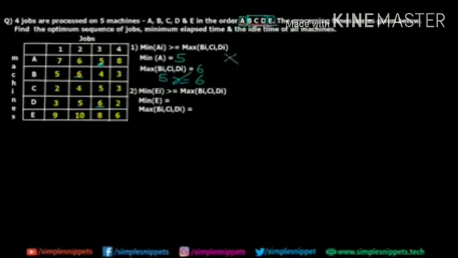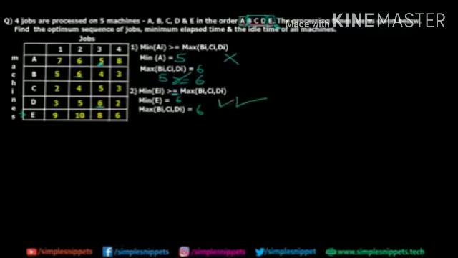Let's check the second condition. The second condition is the minimum of Ei, that is the minimum of the last machine value, has to be greater than or equal to the maximum of Bi, Ci and Di. Again, Bi, Ci, Di are the machines which are in between. So let's find the minimum of Ei. Consider the E row, and you can see the minimum value is 6. We already found the maximum value of Bi, Ci, Di, which is 6. Now you can see that this condition is true, because the minimum of Ei is not greater than, but it is at least equal to the maximum of Bi, Ci and Di.